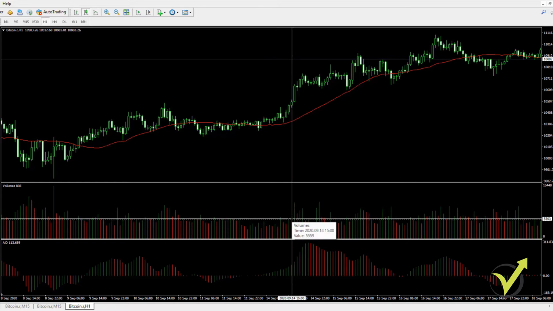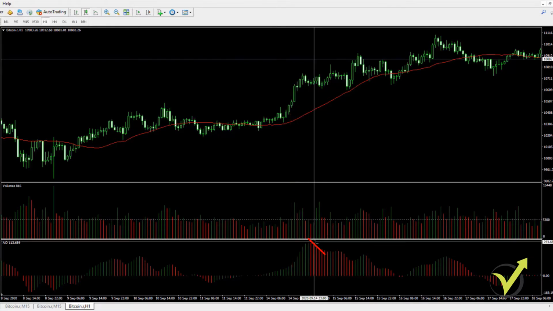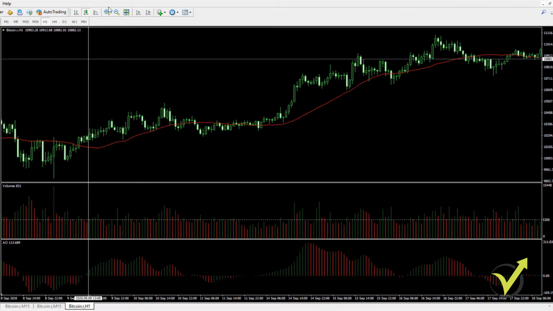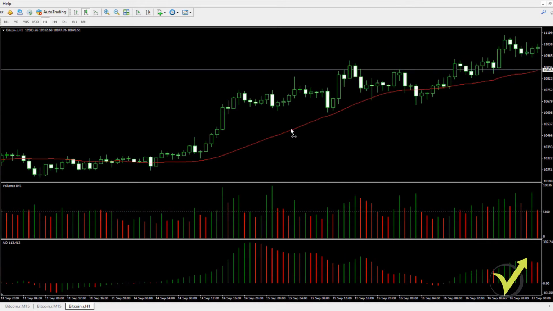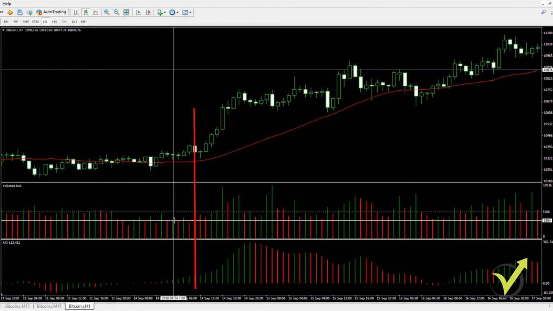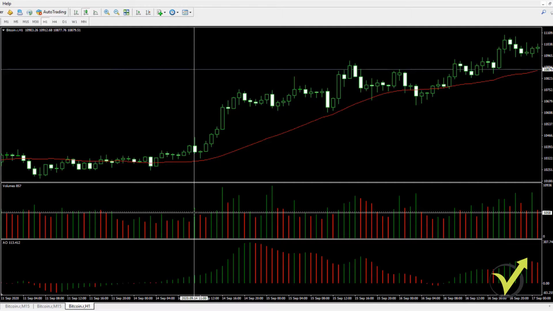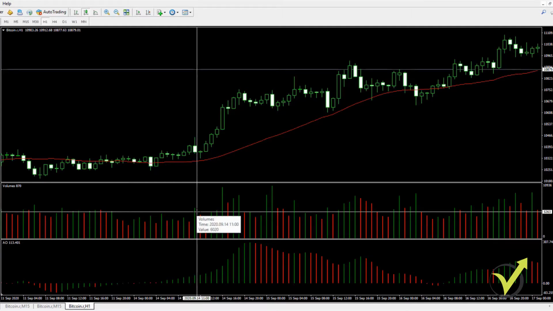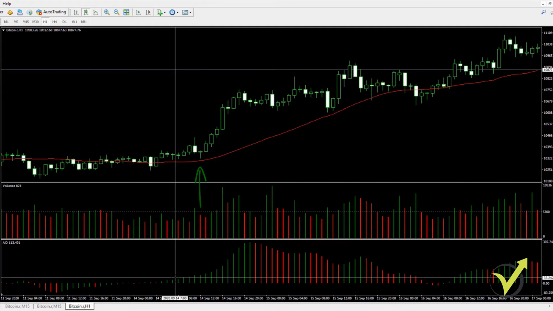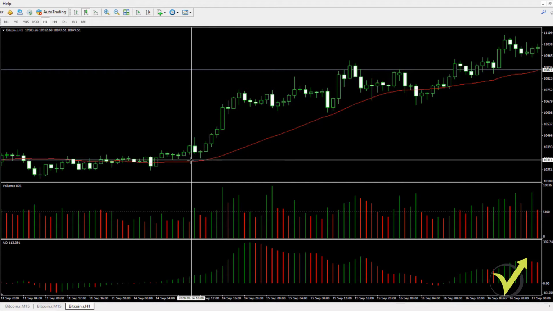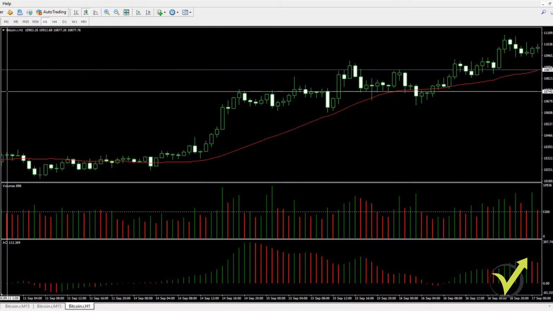Okay, the first cross is right over here, and then we have another one here, but at this time the oscillator is already falling. So let me zoom it so we can see a little bit better. Here it is on the right side, and the first time we have the cross is at this bar over here. The volumes crosses the level line upward. Now on the opening of the next bar, we are taking the trade because the awesome oscillator rises, and as well the moving average. And again we take the trade when the new bar opens.